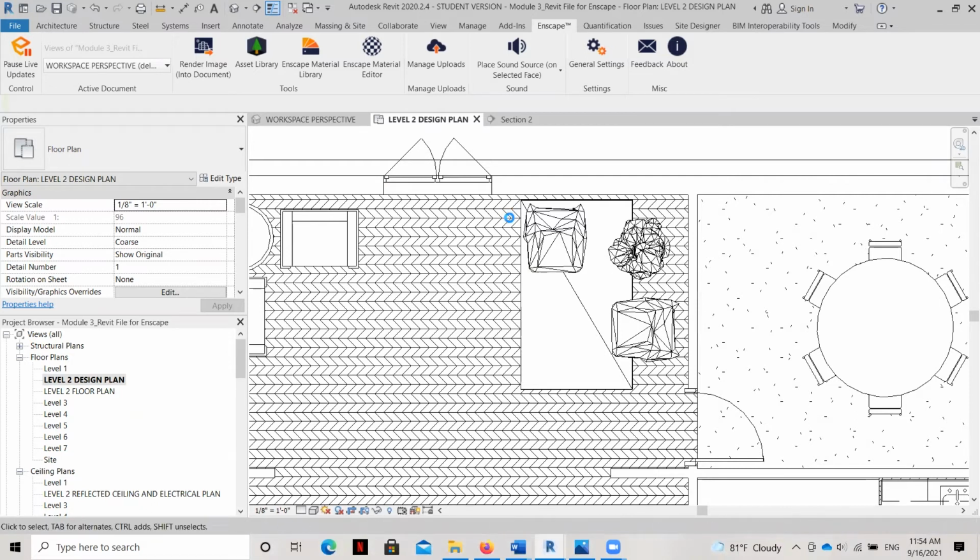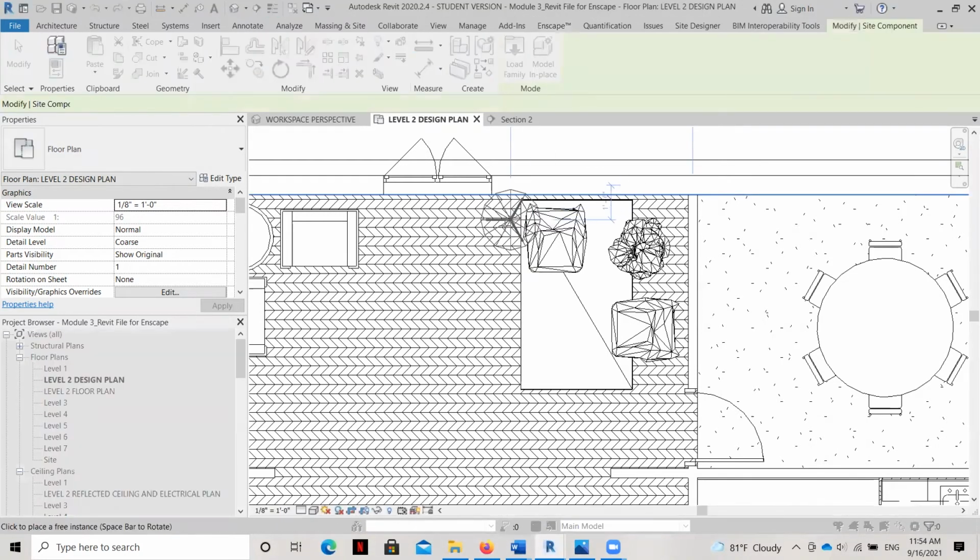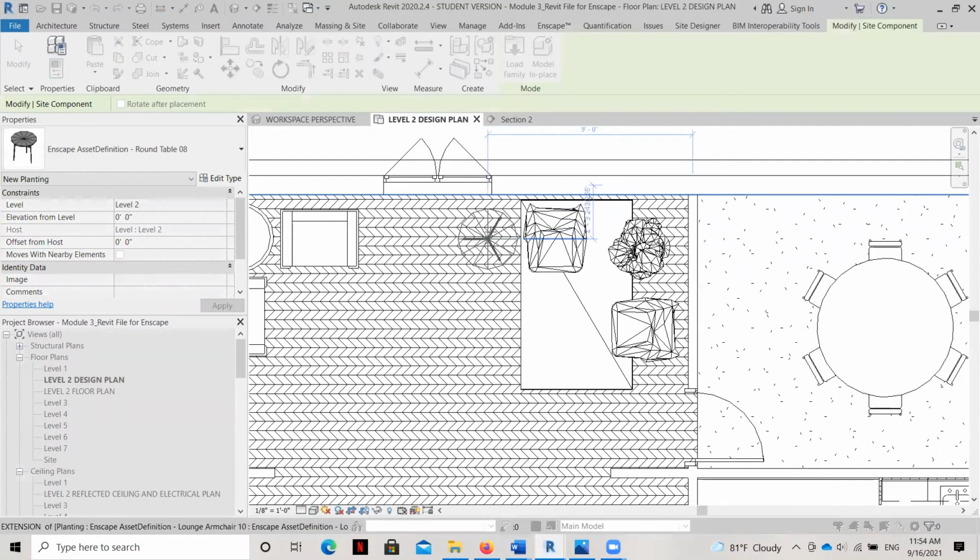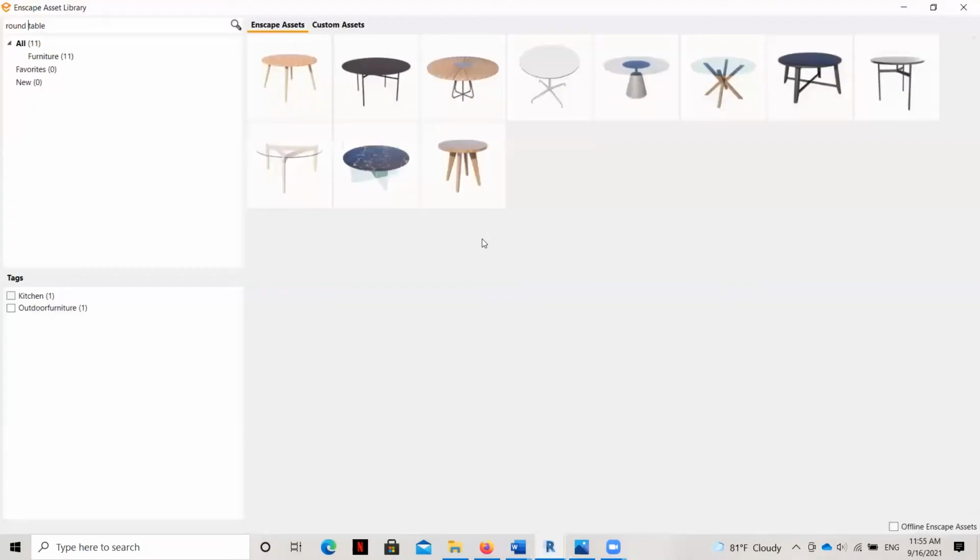Now you can see here, just while I'm waiting, how fast my screen is moving and thinking, and how hard Revit and Enscape are working together. I have a kind of old computer, so it takes a lot of power to run Enscape and Revit. So just be aware that the more things you add, the slower your computer is going to go. I like this table, but I think I'm going to hit the escape button because it's too big for over there. So I'm going to pause and find another one. But all you have to do if you grab something you don't like is hit the escape button and it'll send you back here.